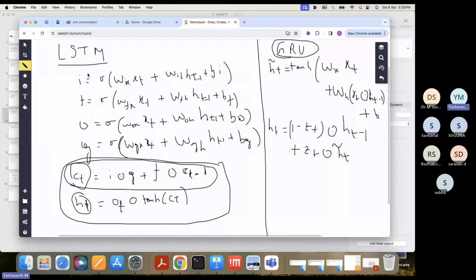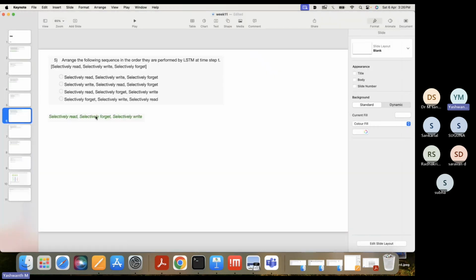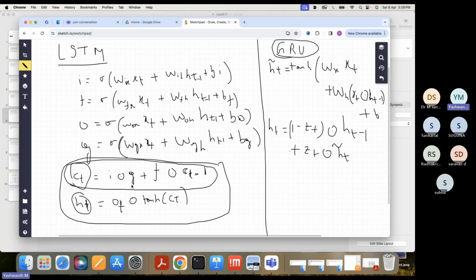So this is my input, right? This is called reading XT from your input. This step, IFOG, this is reading your inputs, right? And second, what this said was selectively forget. So now after reading all these things, you apply this thing, right? Selectively forget